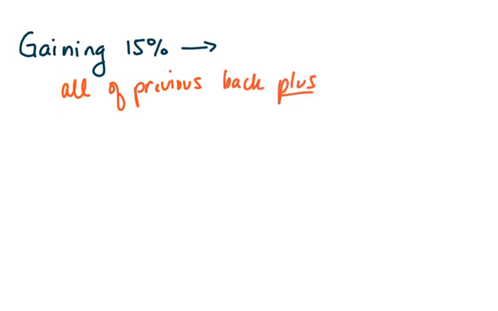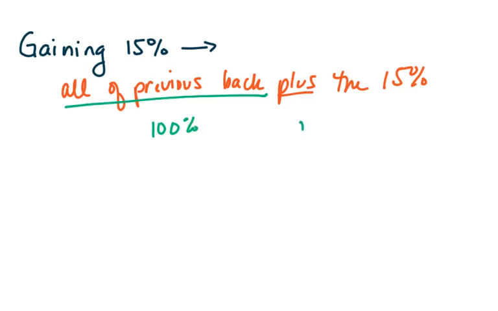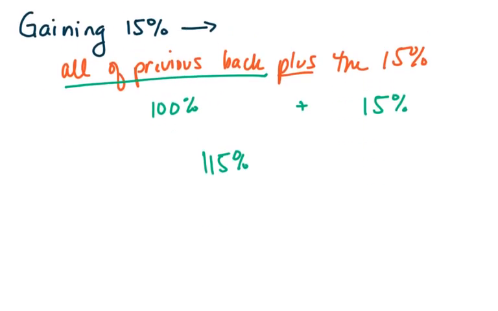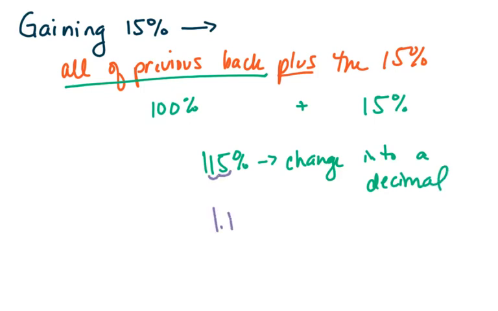plus the 15%. Okay, so one way to think about this is all the previous back, that's everything that I had before, which is 100%. I'm getting all of that back plus the new percentage, right? So if I added that together, I would have 115%, right? Well, a growth factor cannot be a percent. So we're going to change this into a decimal, which, remember, is dividing by 100, moving your decimal back 2 places. So this becomes 1.15,